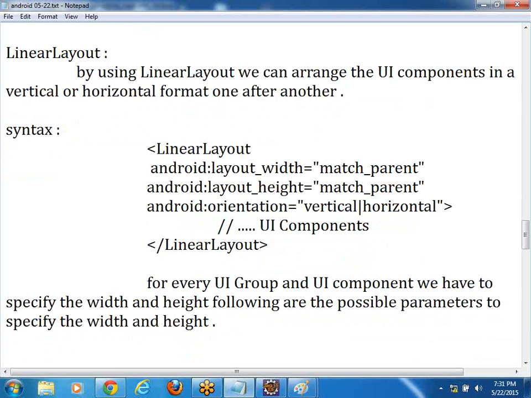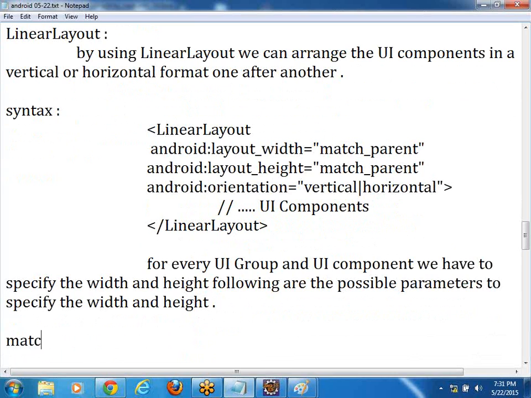Following are the possible parameters to specify the width and height. Okay. The possible parameters are: one is match parent,